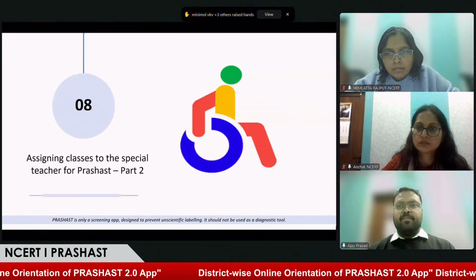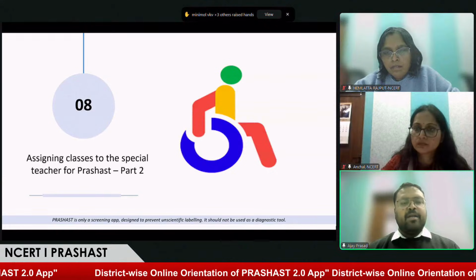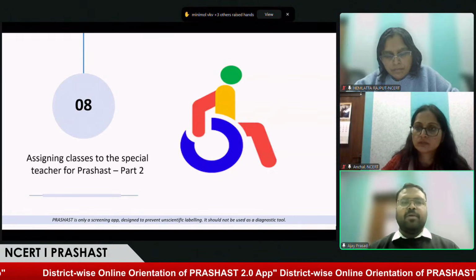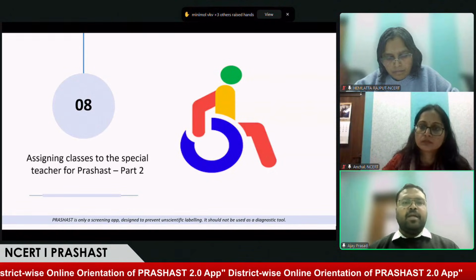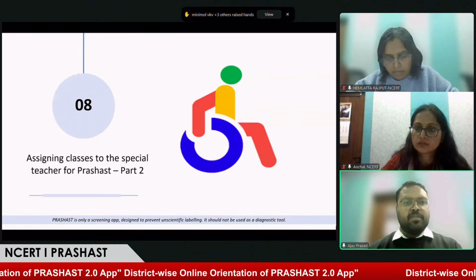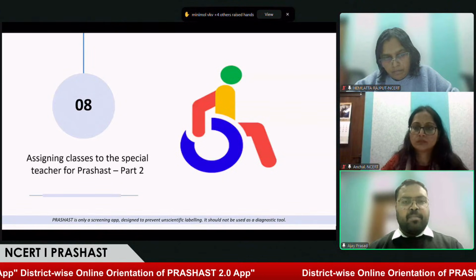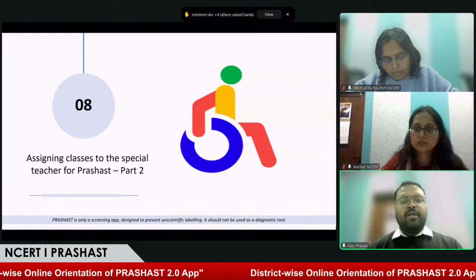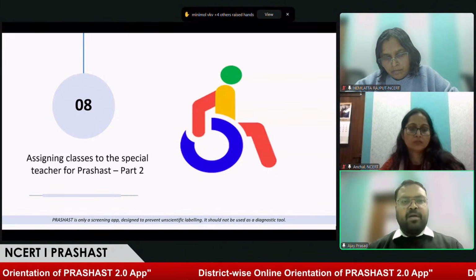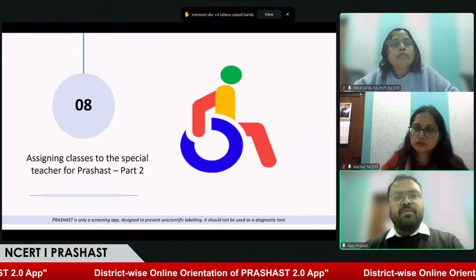Can we edit the details in Meri Pehchan? Ma'am, we cannot edit all the details, because we have seen that if the user has not entered their name after first login, there may be an option to correct it. But if the details were entered earlier, you cannot correct them because they are fetched from Aadhaar.